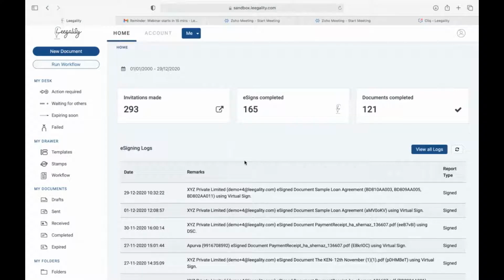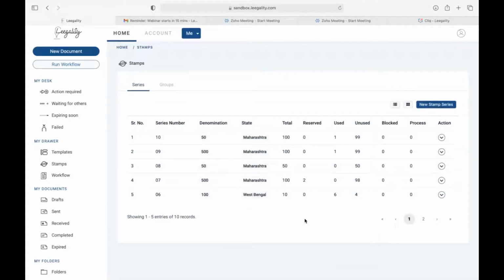Before our dynamic stamping feature was rolled out, we had a concept called stamp series, which will continue, by the way. But previously, before dynamic stamping, we required clients to maintain an inventory of stamp papers in different stamp series, right? So what you see in front of you on the screen is the entire inventory that's available for a particular dashboard.